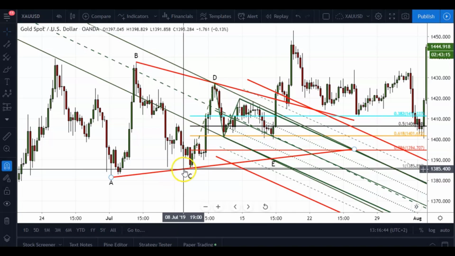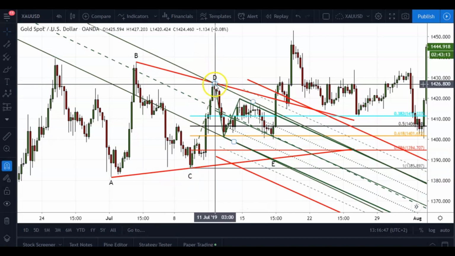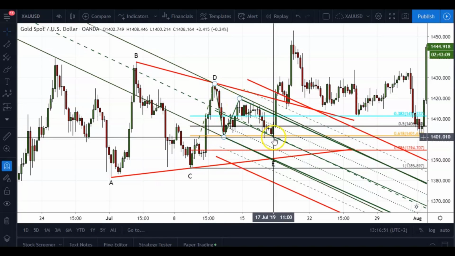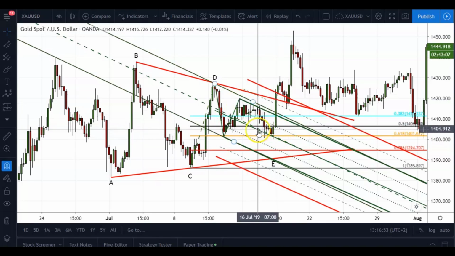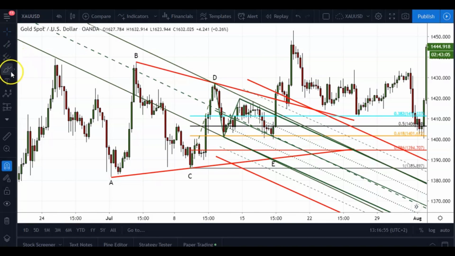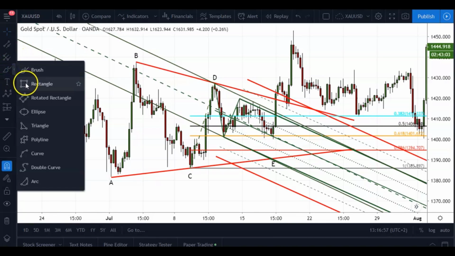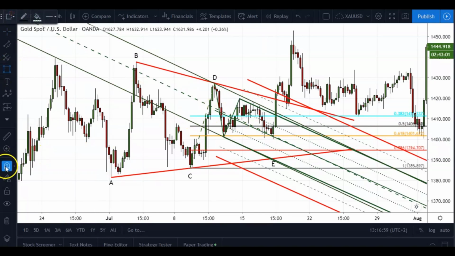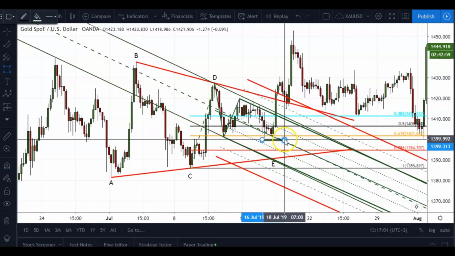Because all you had to basically do is exercise some patience. You anticipated the market might come down, and when the market did follow your anticipation, it was time to identify an area where you wanted to enter from. And this was a very, very accurate prediction that I've had,